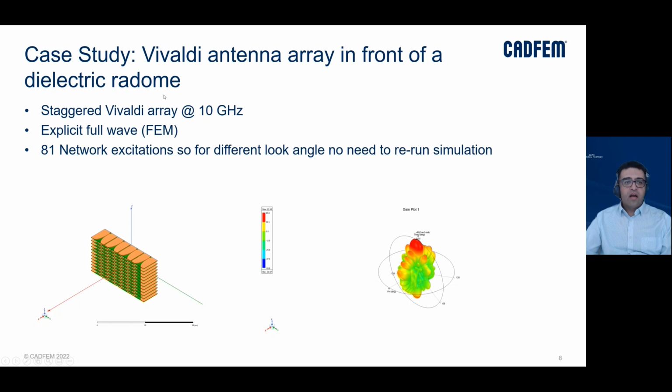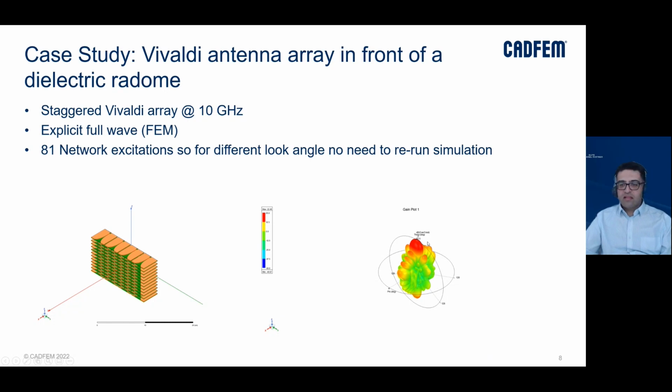So here, a typical example is a case study, a Vivaldi antenna array in front of a dielectric radome. It's a staggered Vivaldi array so that you can fit it and you don't have diffraction loops. That's why we have a staggered array at 10 gigahertz, which is a very typical frequency for radar. It's explicit full wave, so there's no approximation there. It's 81 excitations,